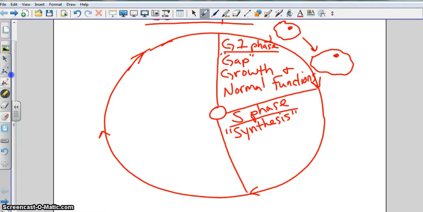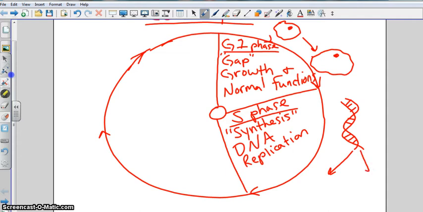So in this case, we're going to be putting together DNA. So this is the phase of the life cycle where we have DNA replication. What does replicate mean? To make a copy. So this is the part of a cell's life cycle where it copies its DNA. So to remind me of that, I'm going to draw one double helix, which represents one set of DNA. And it's going to become how many sets? Two. Because I start out with one set of DNA, and then I replicate it, and I end up with two. And this is the S phase of the cell's life cycle,